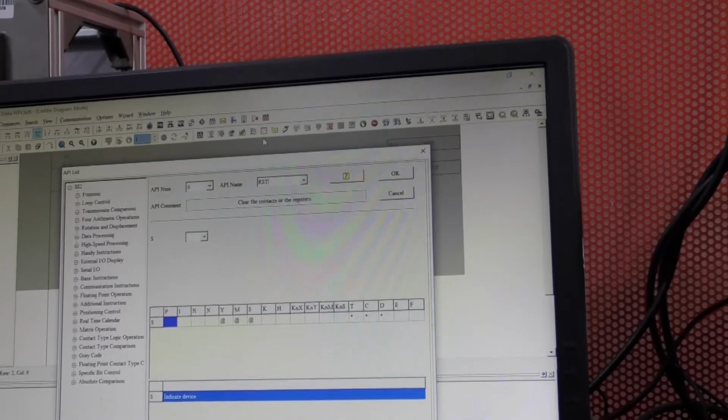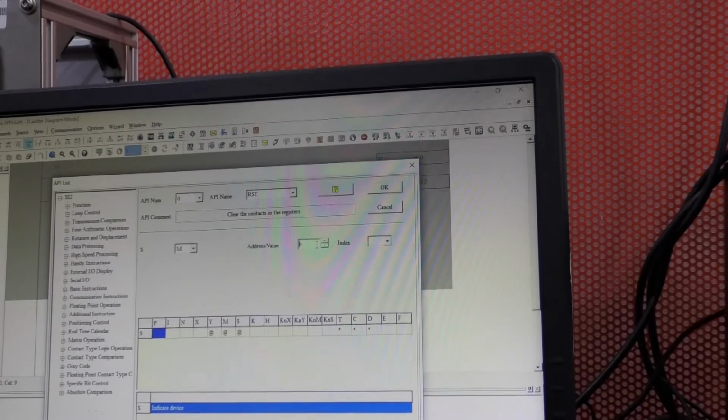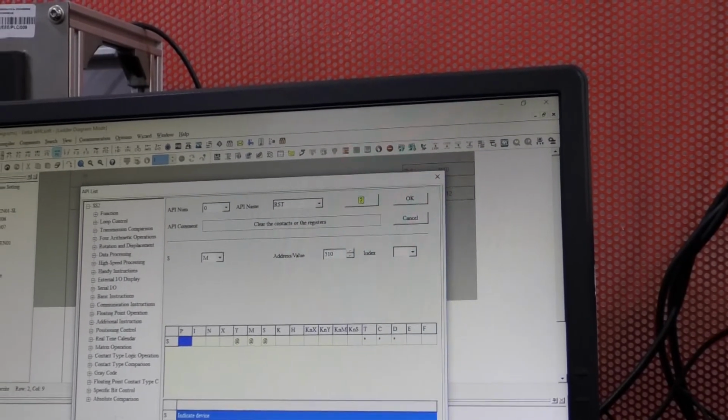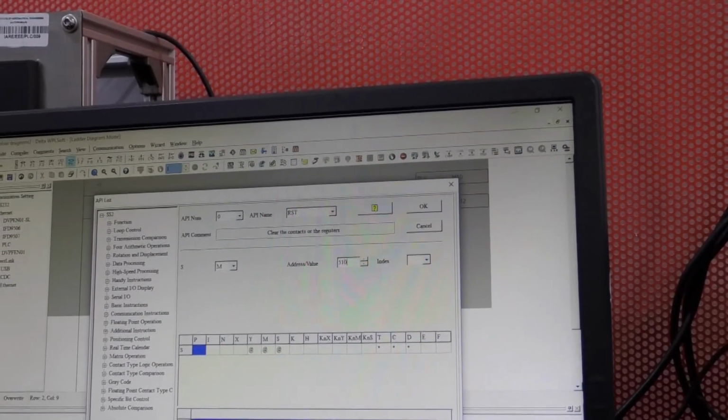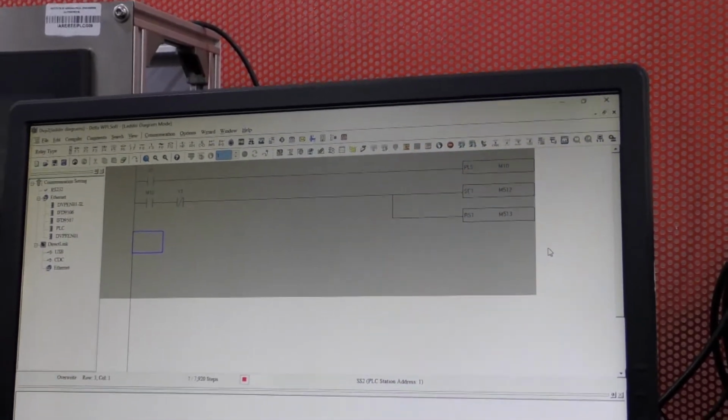Select reset. M513 is for switching off in the even number of times. Okay. So similarly, just